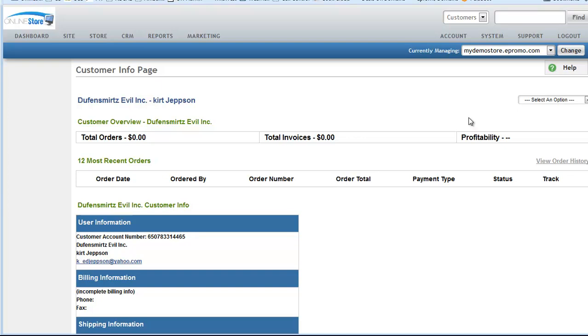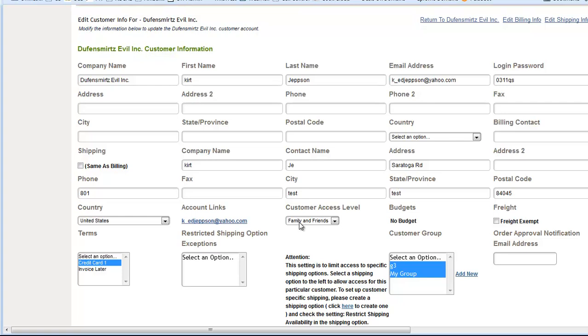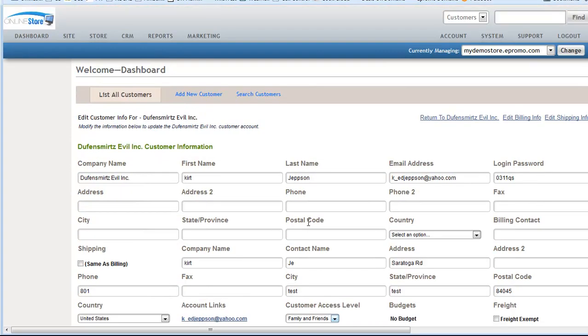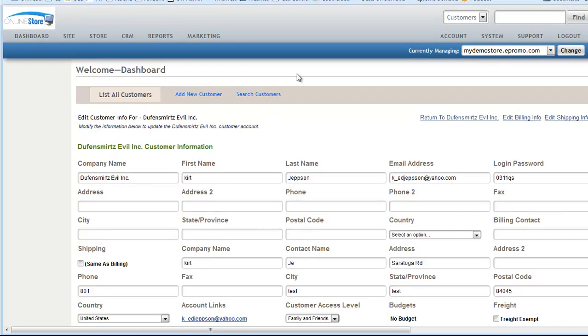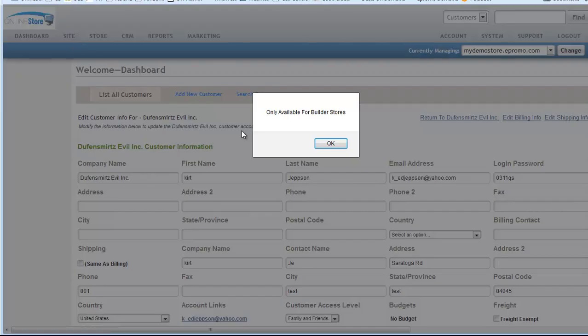And what that's done is this has assigned him, if we go back and look on this edit page, to that access level. So now when he logs in, he doesn't have to assign himself to it or enter a password or anything. He's part of it. He gets access to certain pages, products, whatever, that are part of these family and friends access level. Okay, so once you've got that created, the next thing you want to do is decide